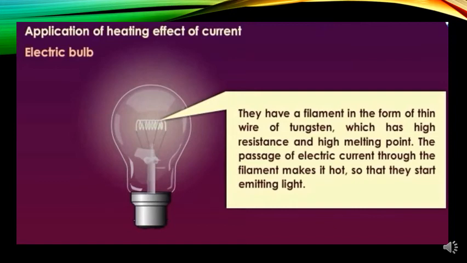It should be noted that most of the electric power consumed by the filament of an electric bulb appears as heat, due to which the bulb becomes hot. Only a small amount of electric power is converted into light. So, filament type electric bulbs are not power efficient. On the other hand, tube lights are much more power efficient because they don't have any filaments. You should be knowing all these.